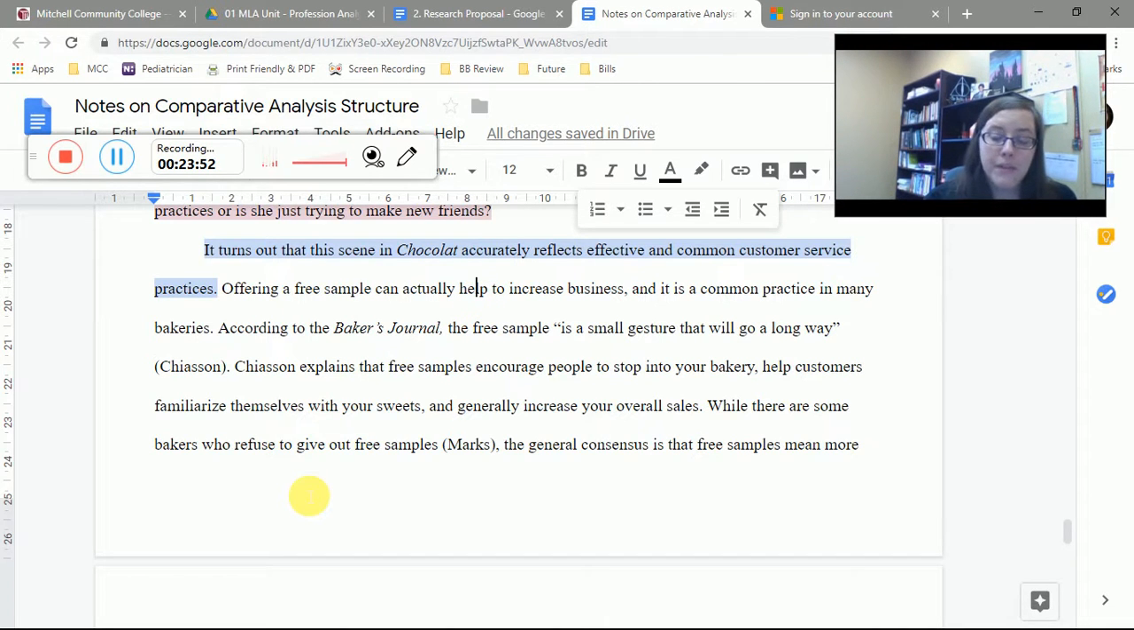Now I'm going to read through my supporting details where I've actually incorporated 3 sources because I found one